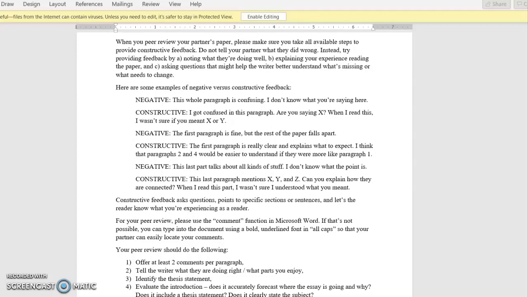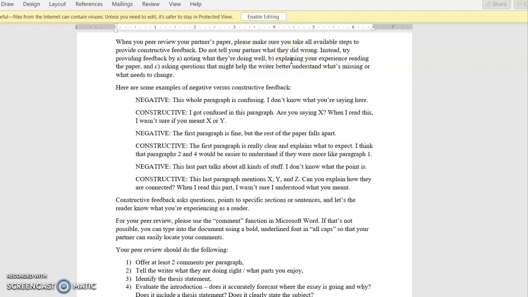And I've given you guys some examples here of what constructive feedback looks like. What you're going to do is note what they're doing well, right? So if they do really good writing or they make really good examples or their structure is really good, please tell them that, because what you're doing right is just as important as what you're doing wrong ultimately. And a lot of people will do things right without knowing it. And if they don't know it, they're less likely to do that right thing again in the future. So definitely tell them what they're doing right. That's part of this learning process, right?